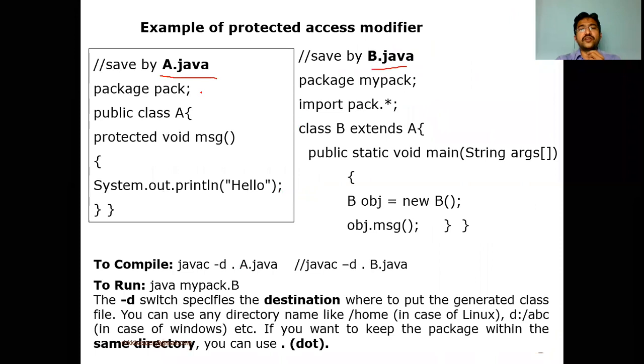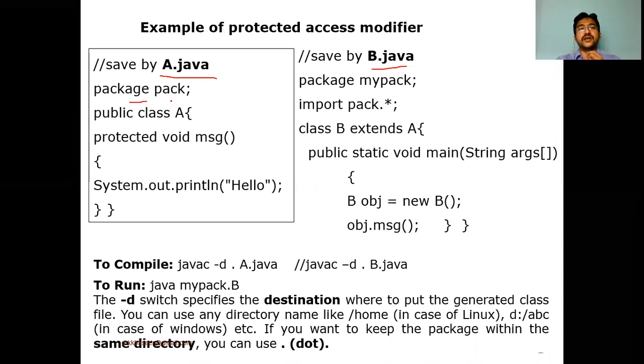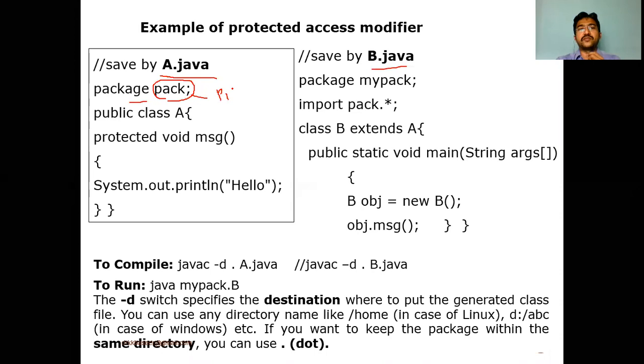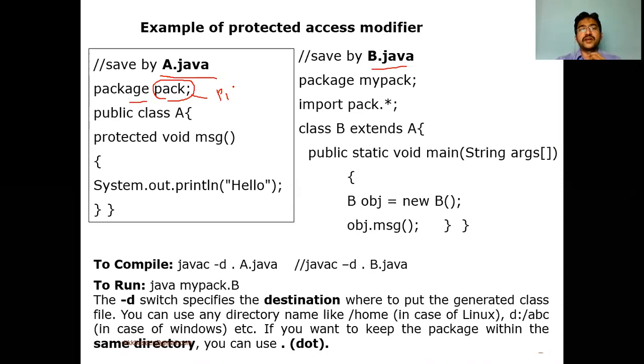Now we are going to create a package here. How to create a package in Java is another concept in the next unit, the package concept, but the same thing we are going to explain once here itself. A package is created with the help of the package keyword, and pack is the package name. Not only pack, you can give P1, P2, A1, A2, pack1, pack2, anything. This is a user defined name. So just as we create a class in Java with the help of the class keyword, we create a package in Java with the help of the package keyword. So package space pack, we are creating a package.